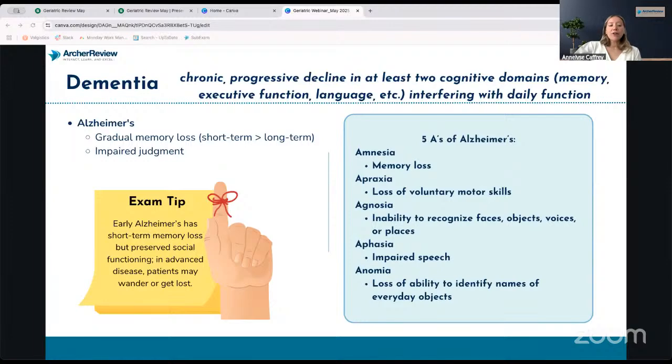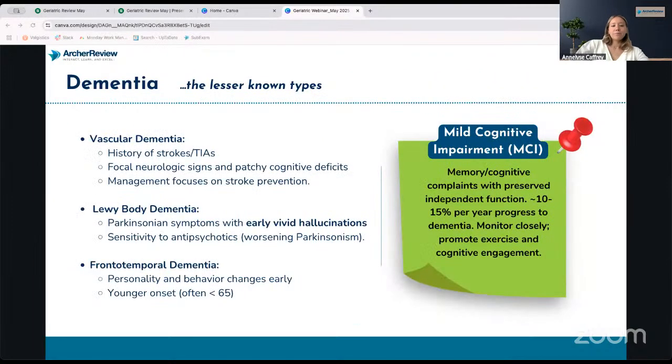There are a couple other types of dementia. These you won't see as much in a clinic setting. And if you do see them, it's going to be something you don't manage yourself. Depending on if you're really rural, you might manage this yourself. But if you're in a big city, you're going to refer this out to neuro. But it is important that you can recognize the signs and symptoms.